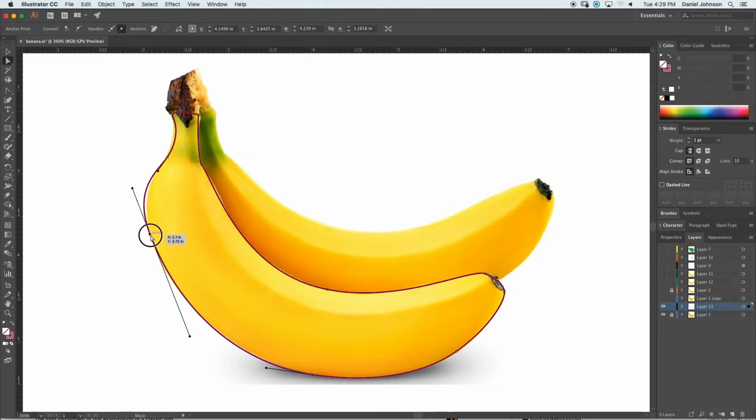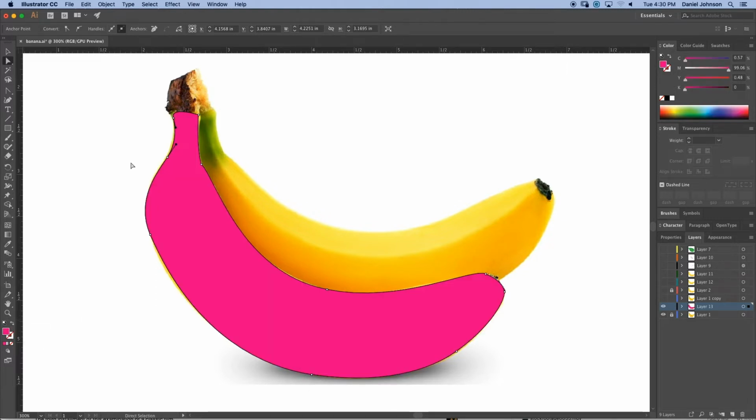Okay. I have to shorten this one a bit more here. Okay, so that's a pretty decent banana shape, kind of nice and curvy. It does the job. We can adjust it a little bit here, but yeah, that's a pretty good shape right there. So let's just swap the fill and the stroke here,